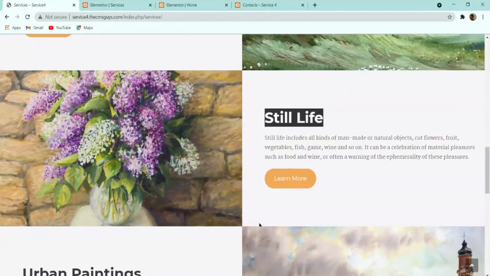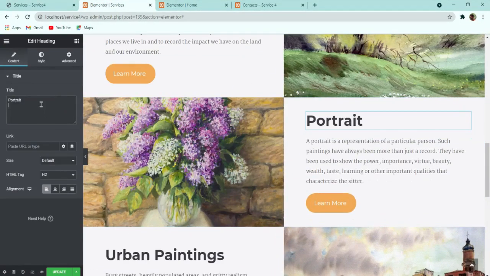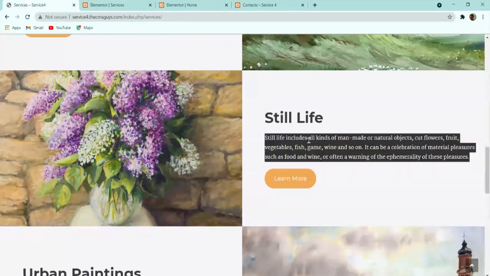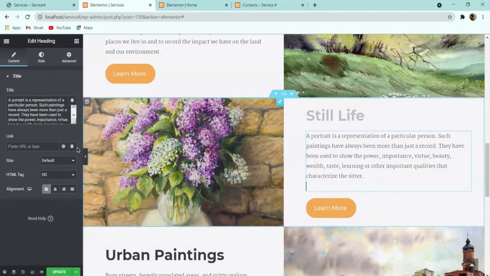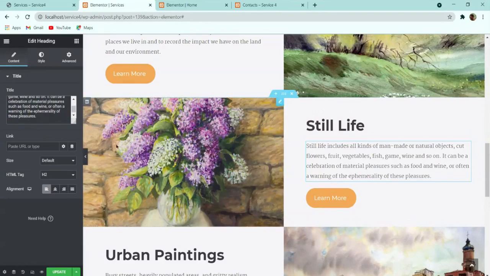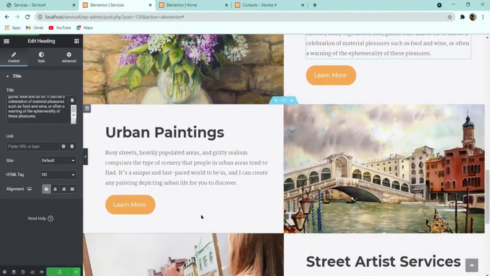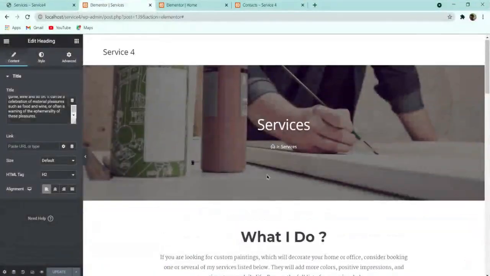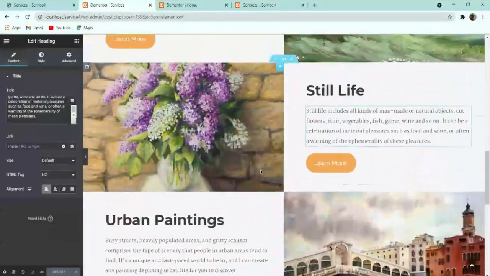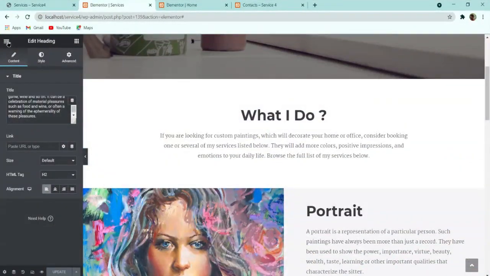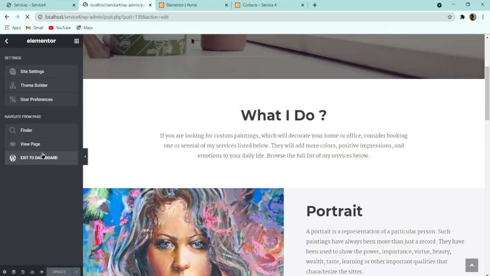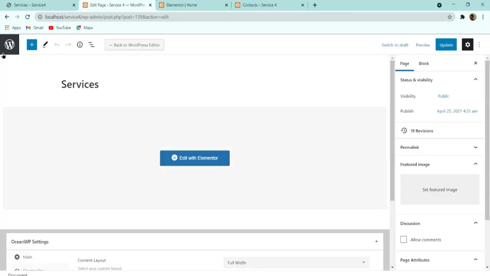Similarly, it is still life, so let me click on it, and here I will paste it, still life. And let me copy this text from here, and here I will paste it. So always remember to click on update, and here you can see that with this we have completed this section. So now click on this six dots and click here to exit to dashboard, and again click on the WordPress logo.